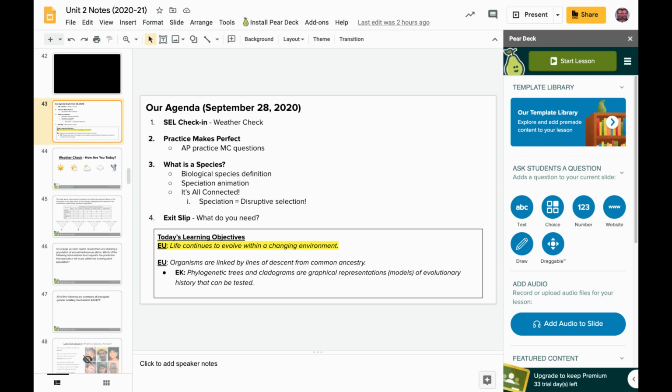Hello, I wanted to make a video that walks you through a couple of the practice problems on phylogenetic trees, cladograms, evolutionary trees, call them what you will. I've been receiving a few questions that it might be helpful to go over, and I wanted to help you if I can. So the first thing I've tried to do today, it is Monday, September 28th, is first